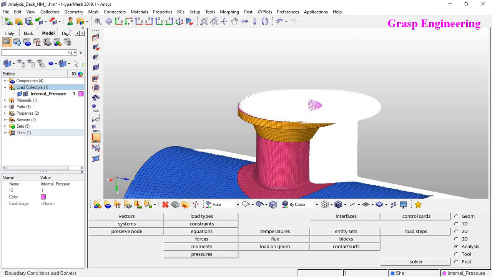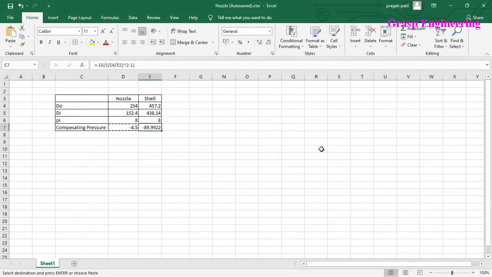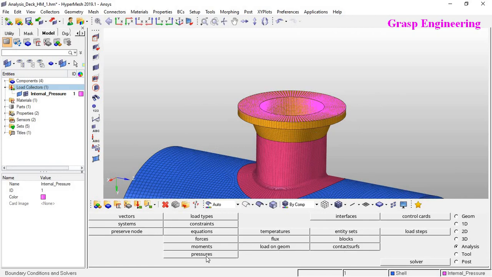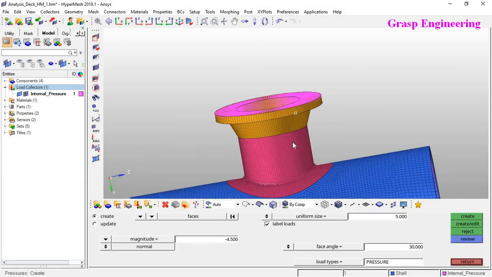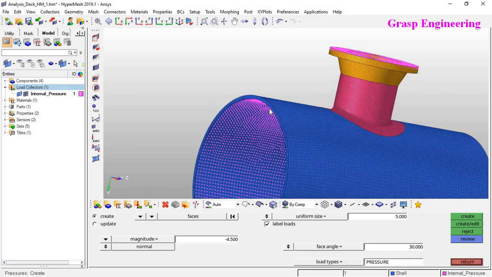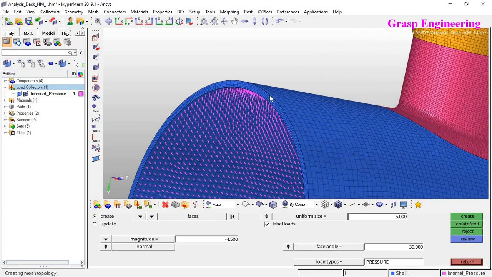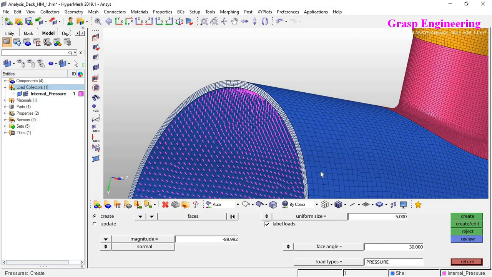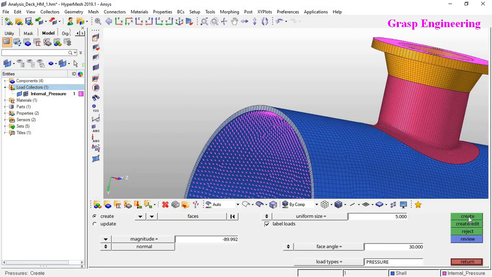So let's use the same collector. Now let's apply the other one. Let's go to HM, hide this, analysis, pressure. Let's select the other face of the shell, this one, and here you can apply that value. Create.